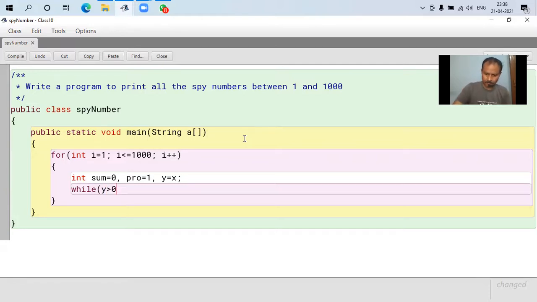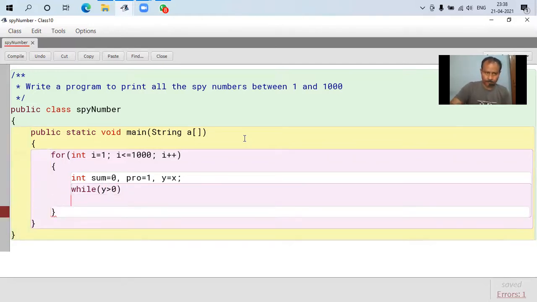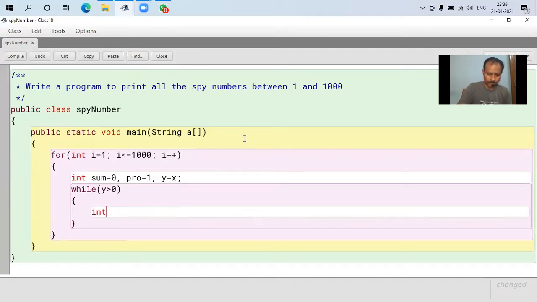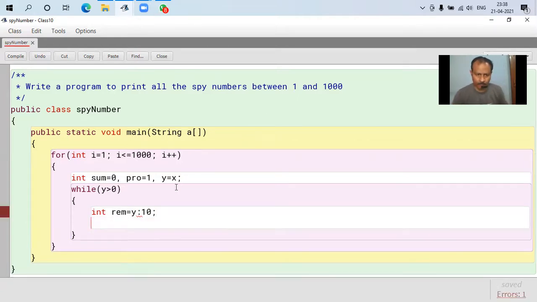x greater than 0. We need y equals to 10. Sorry, missed the mod operation.